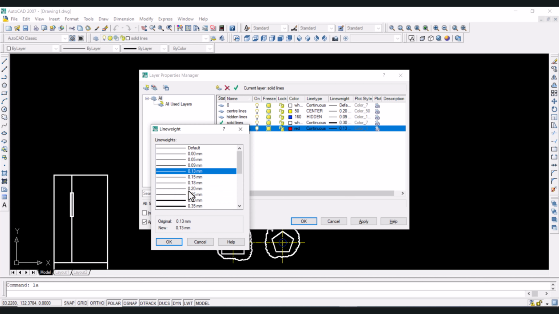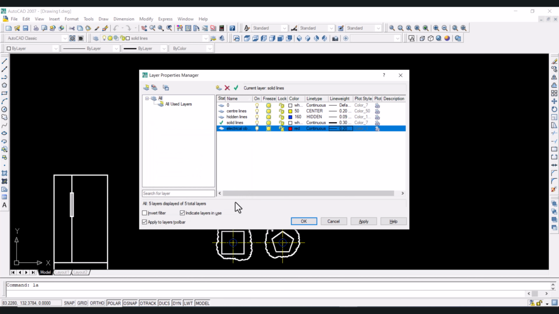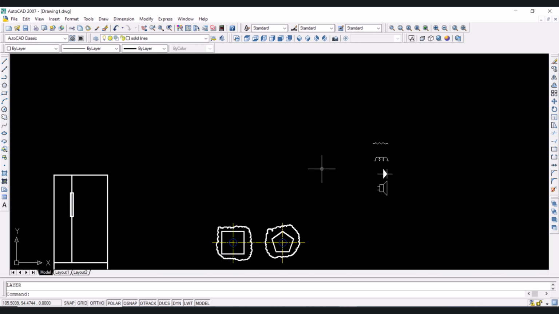So let it be 0.2, click on OK, and then click on OK again, and let us select these objects,